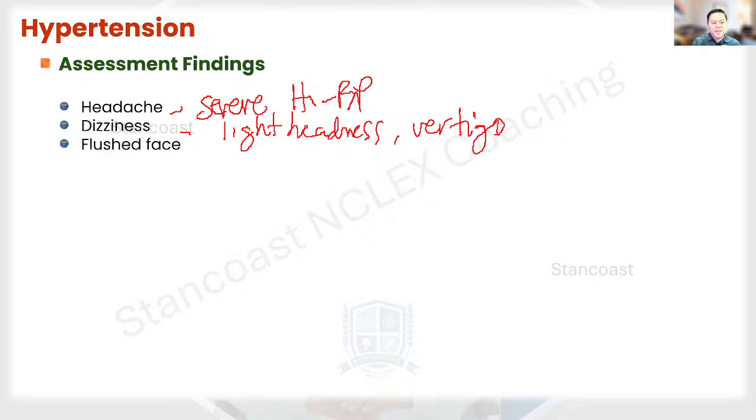Now, in some cases, they're also probably going to be flushed face because the blood vessels in the face are now dilating, all right, leading to that reddened appearance. Now, there's also nosebleed, epistaxis, and this is going on because of the fragile blood vessels in the nose can be prone to the rupture when the blood pressure goes higher. And so they're going to end up with this episodic nosebleeds. They're also going to be tinnitus